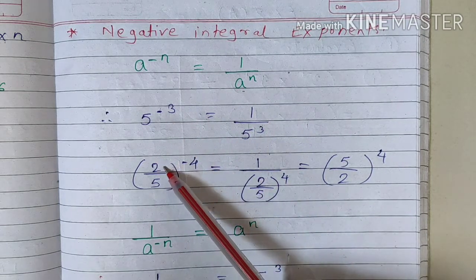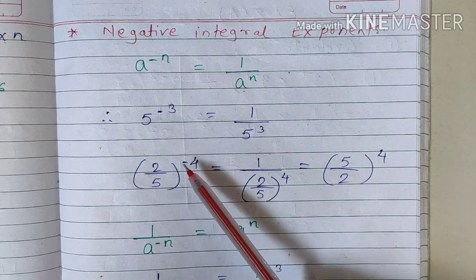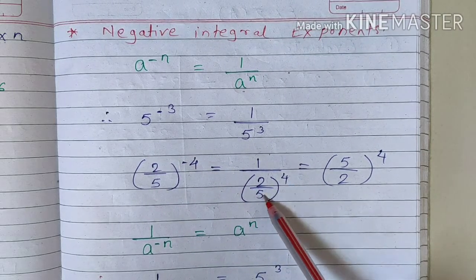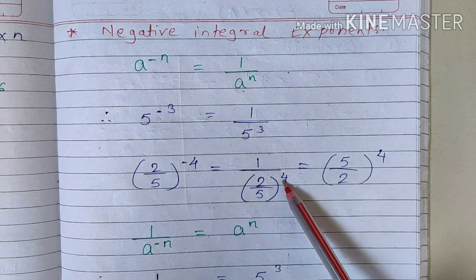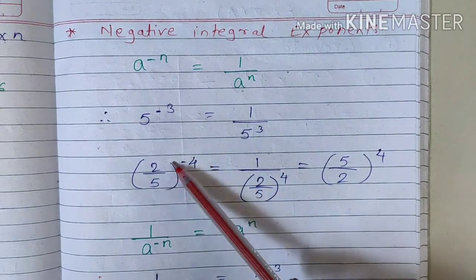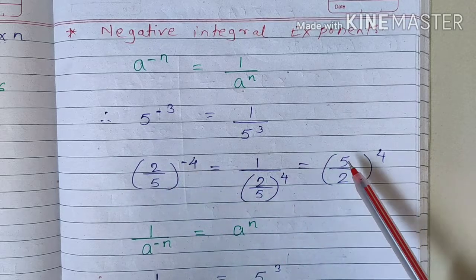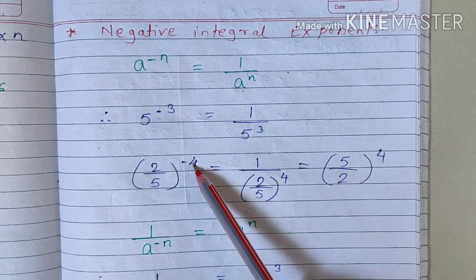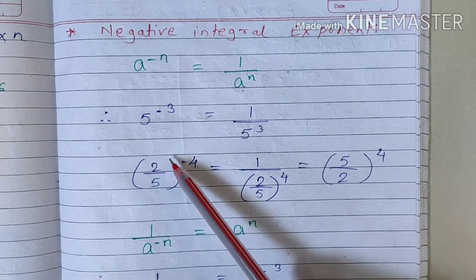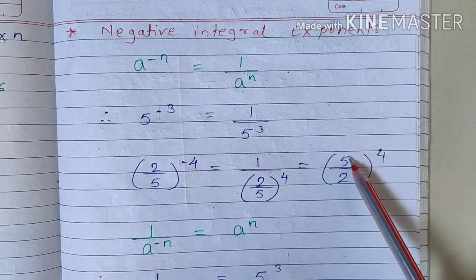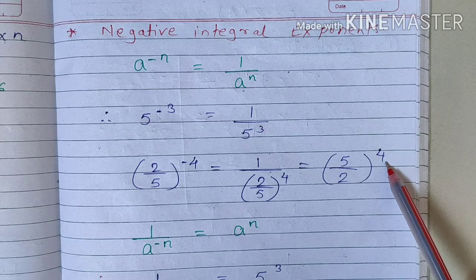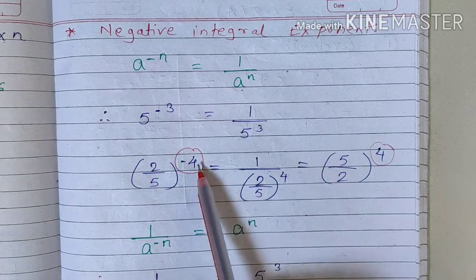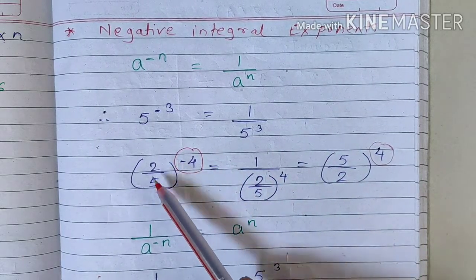Similarly, 2 upon 5 raised to minus 4 is there. So to make this minus 4 a positive 4, we have written the same thing in the denominator, 1 upon 2 upon 5 raised to 4. Or we can also take a reciprocal of 2 upon 5 to make it positive. So it becomes 5 upon 2 raised to 4. Got it? Or simply, if minus 4 is there, to make it plus 4, make a reciprocal of this 2 upon 5. What is the reciprocal of 2 upon 5? 5 upon 2. And see, the power becomes positive. Understood this thing? It is the negative power and it is the positive power. So to make it positive, what we have done? Just a reciprocal of this.